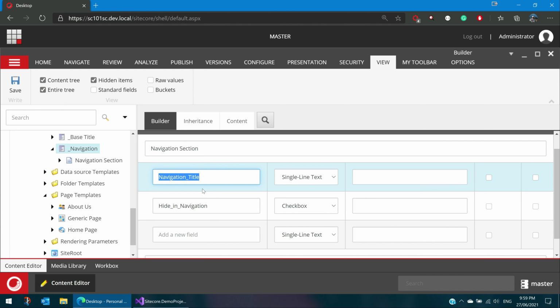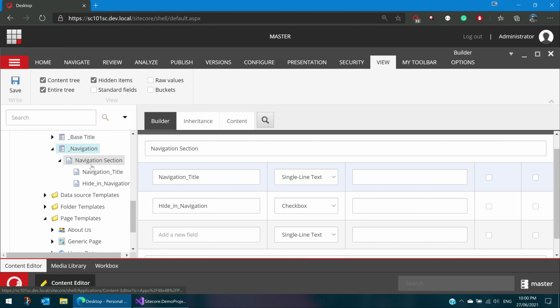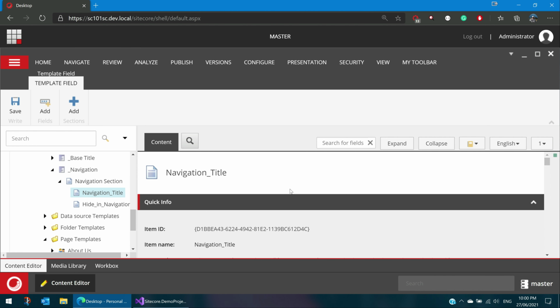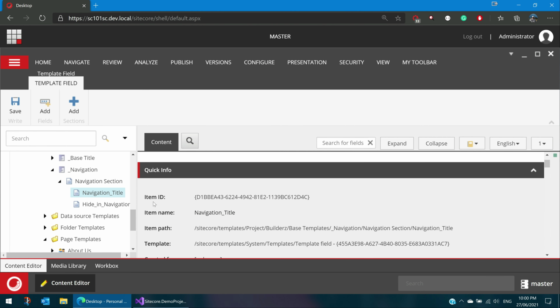If you want to identify some field, either we can identify it by field ID, that's again the item ID, the GUID, or by this name, which is the item name. Because whatever we are creating, ultimately they are items only. So when you do this and save, if you go to the navigation section, click on navigation title, you can notice item ID, item name.